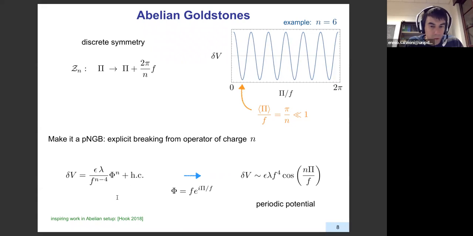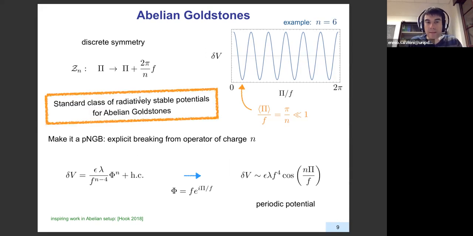But before moving on, I want to also say that there is related work by Anson Hook of a few years ago. He did something quite different from what we did, but I think this work was influential, at least for me, in thinking about these things. So I think it's fair to acknowledge that. I can tell you about the difference if you're interested, but it's really not the same logic in many ways. The parallel sort of stops here.